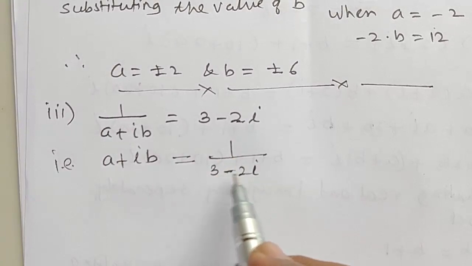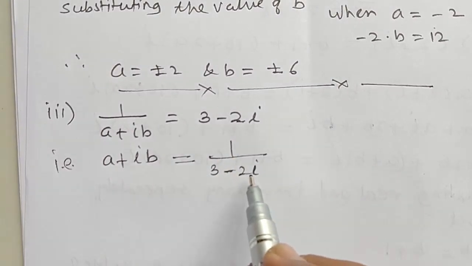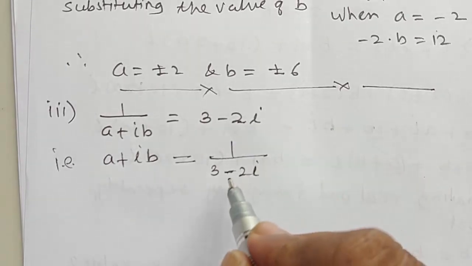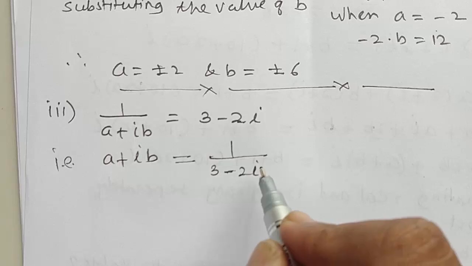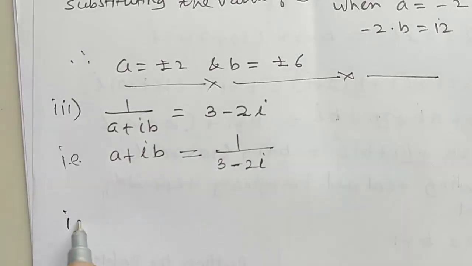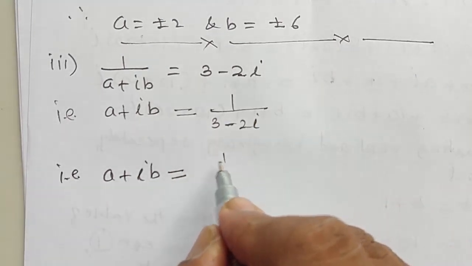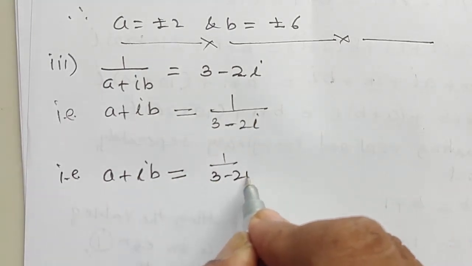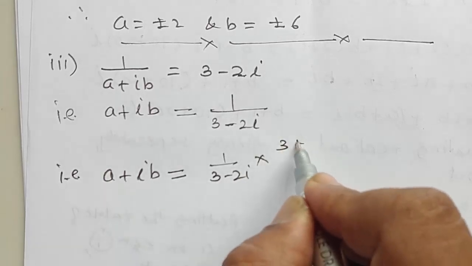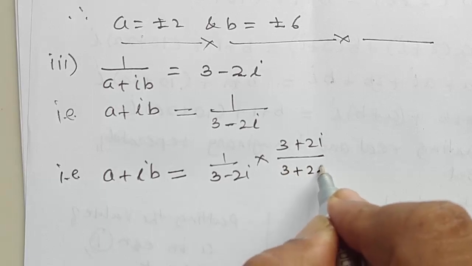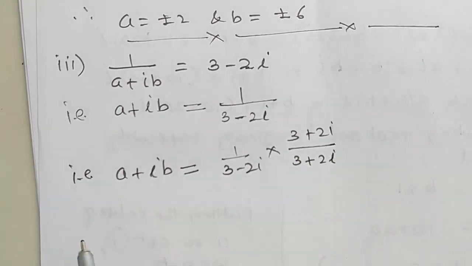This is a complex number 3 minus 2i. Now we multiply and divide by its conjugate. Its conjugate is 3 plus 2i. That is, a plus ib is equal to 1 upon 3 minus 2i multiplied by 3 plus 2i upon 3 plus 2i. Therefore,